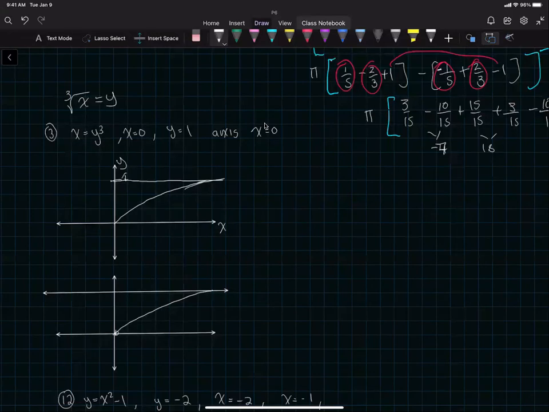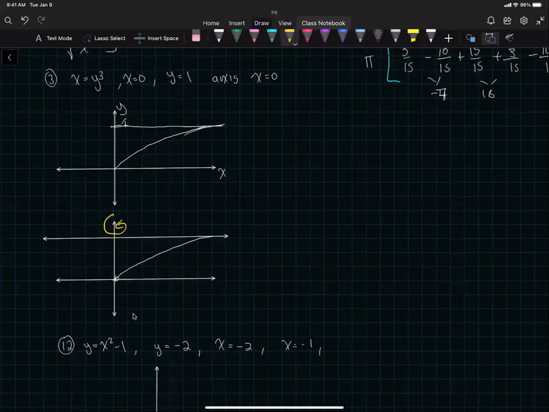So thank you for those of you who went ahead and answered. You are correct. This will be the y-axis, okay? So x equal to 0 is going to be the y-axis. Remember, x equal to a number will always be a vertical line. So in this case, it happens to be the y-axis. So I'm rotating it about the y-axis. So like this, meaning that I'm going to have,